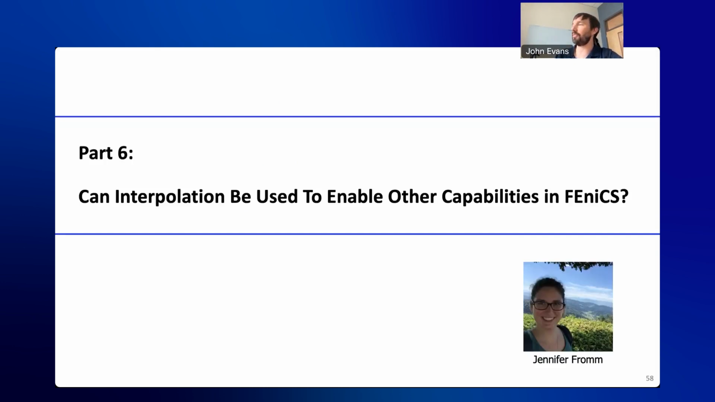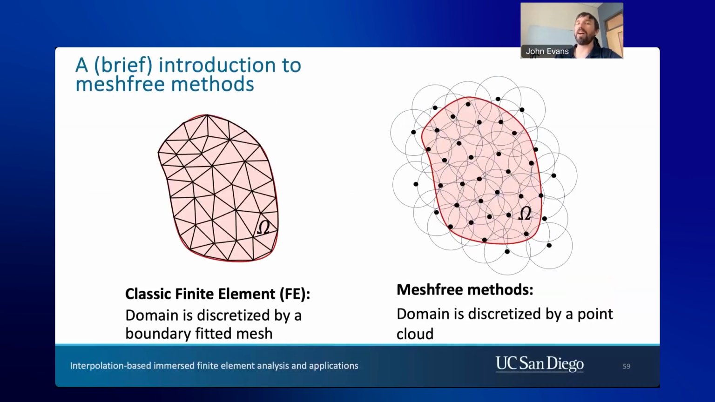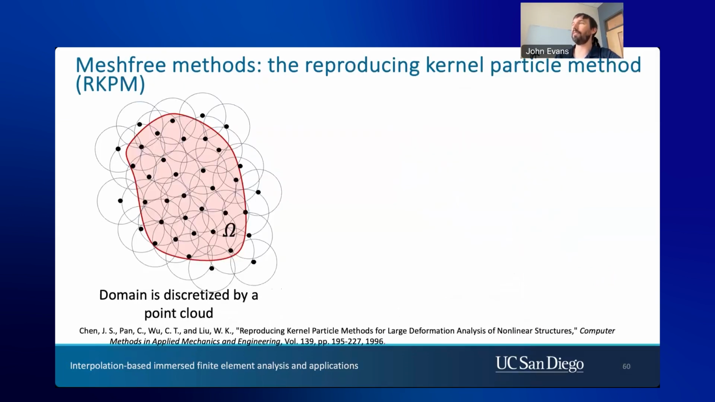And this is something that Jennifer Fromm at UCSD, she's now at Lawrence Livermore, investigated to finish her PhD. And what we saw is that we could implement mesh-free methods as well inside of FEniCS or any classical finite element code using interpolation. With mesh-free methods, basically the domain is discretized by a point cloud. And at each point, we have a basis function that has its own support. And we use, in particular, the Reproducing Kernel Particle Method, or RKPM,